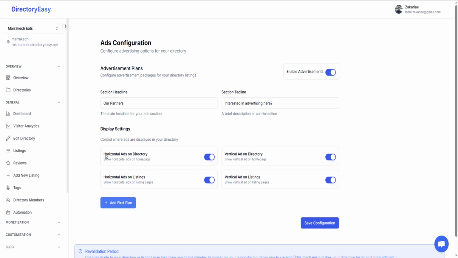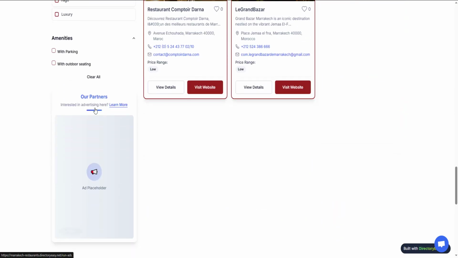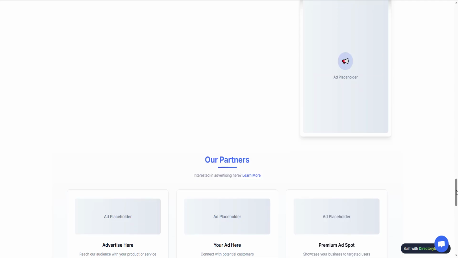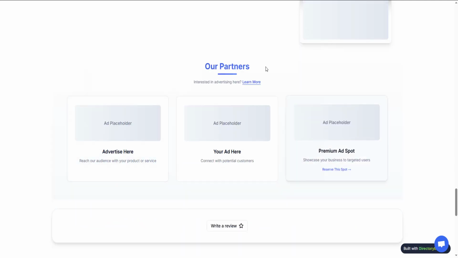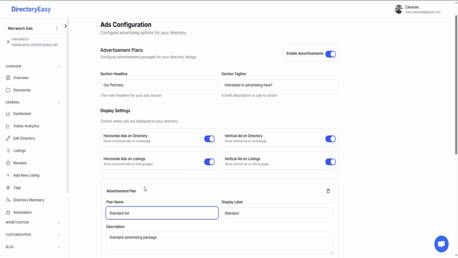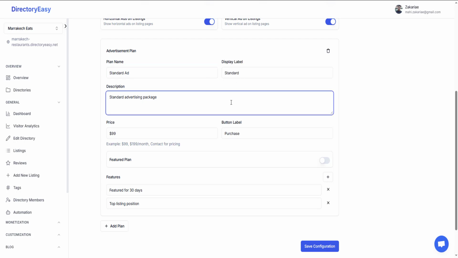The display settings area gives you full control over where ads appear. You can show horizontal or vertical ads on the home page or on the listing pages, depending on your needs. When you create an advertisement plan, you will fill in the details for the package you want to offer. For example, you can name the plan Standard Ad, set the display label to Standard, write a short description such as standard